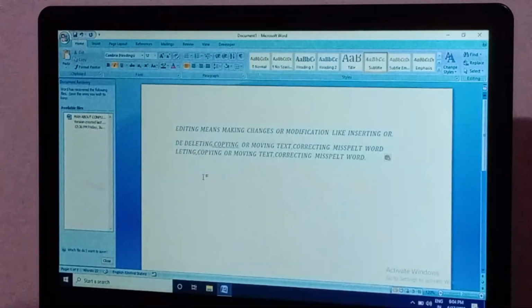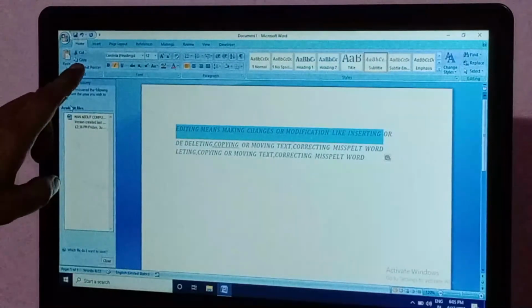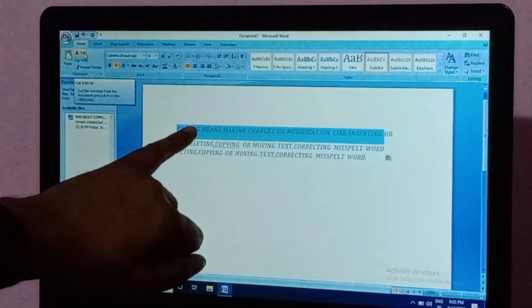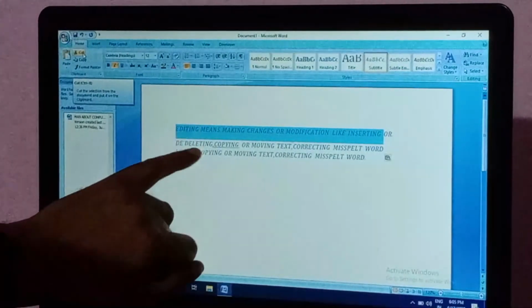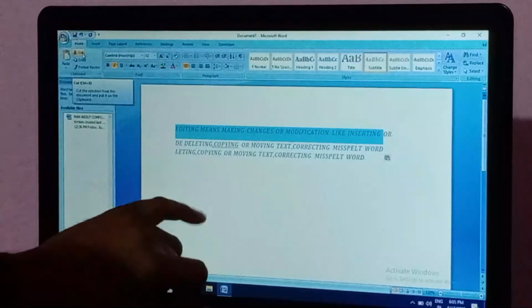The second option in moving the text is the home tab. Suppose this particular sentence is moved to here. So just select all of our sentence, and go to the home tab. There are so many options in front of you: cut, copy, paste. Suppose I write down this sentence here, and the same sentence is applied to another place.